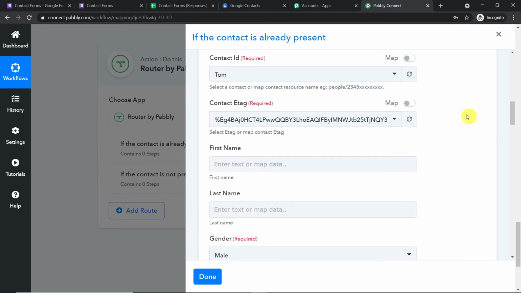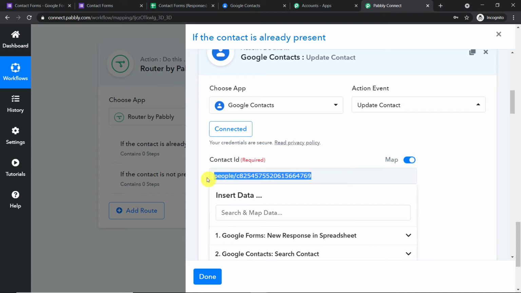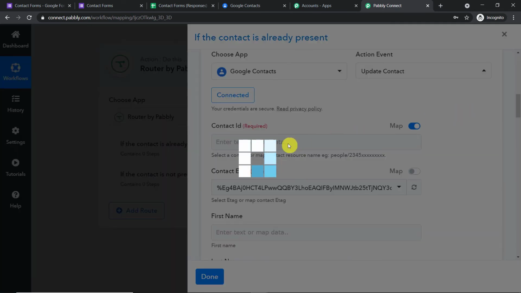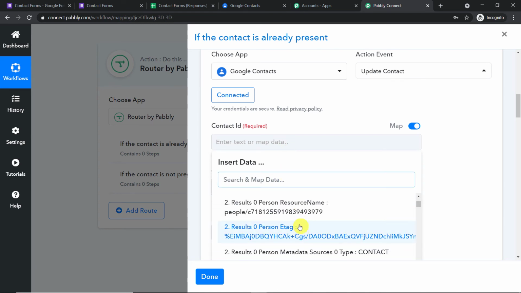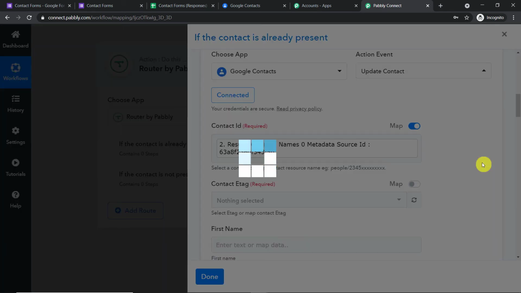Now what I'm going to do here is I just want the ID. So I'm just going to toggle this to the right. And basically I'm just going to map the ID. So basically this is your ID. You just click here. I'm sorry. So this is your ID. Let me just once again type ID. Okay, so this is your ID and you have mapped it.